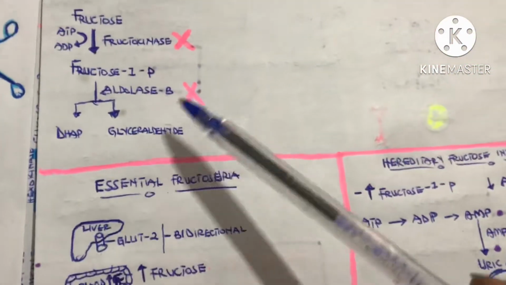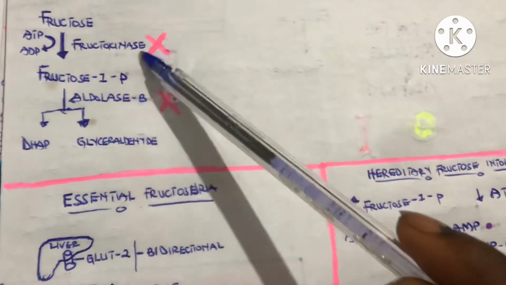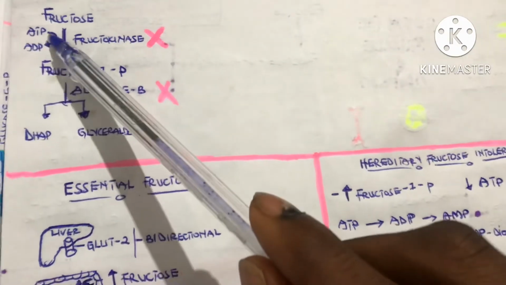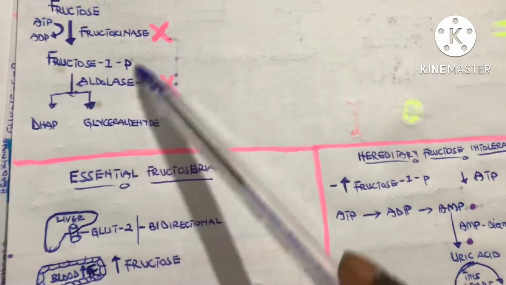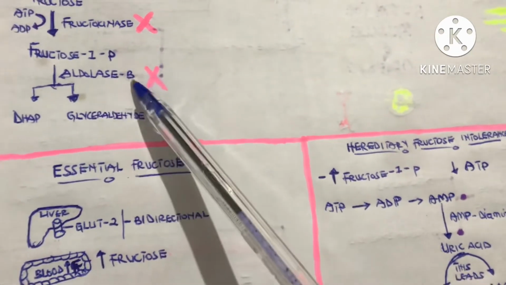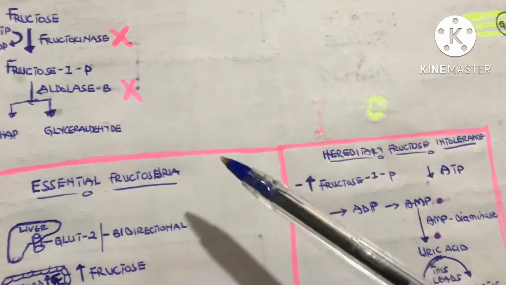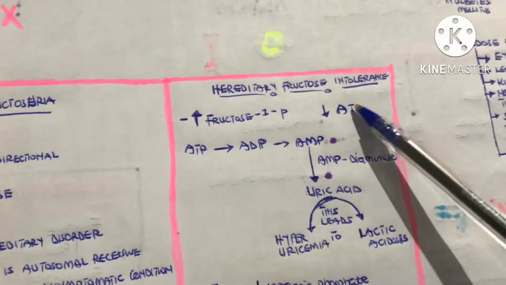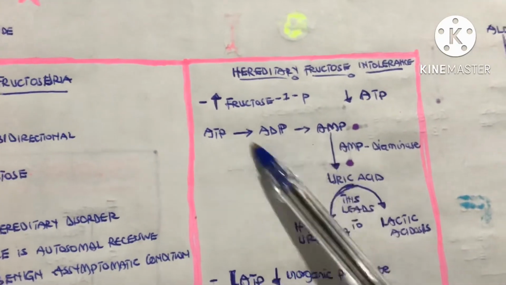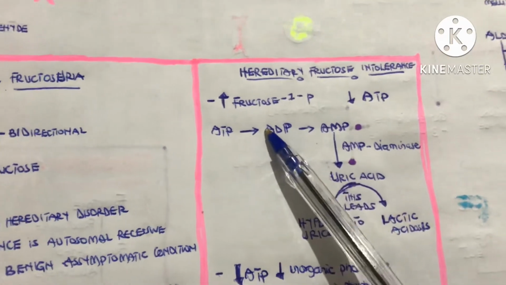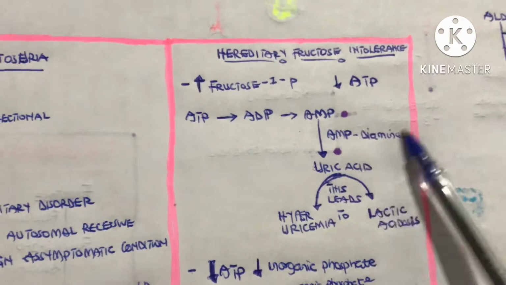So now, in the absence of aldolase B, what actually happens? You see, fructose will be converted to fructose 1-phosphate, and ATP is required in this step. We cannot metabolize fructose beyond this step because of the absence of aldolase B, meaning that we are going to waste ATP. And ATP will become depleted, and ATP will be converted to ADP. This ADP will also be converted to AMP, and when this AMP is being broken down by this enzyme we call AMP deaminase,